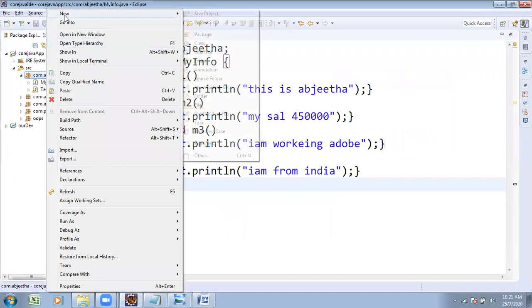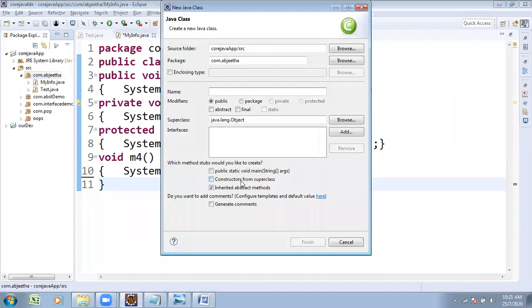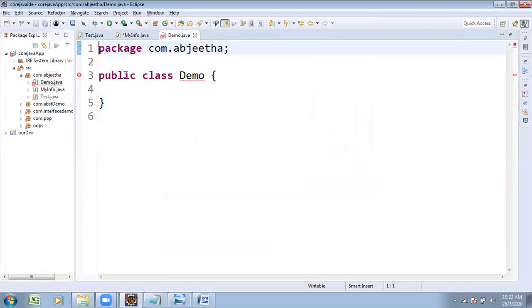New, one more class. Declaration under MyInfo, utilization under Demo. Click on finish. What is the issue? Demo is already defined.